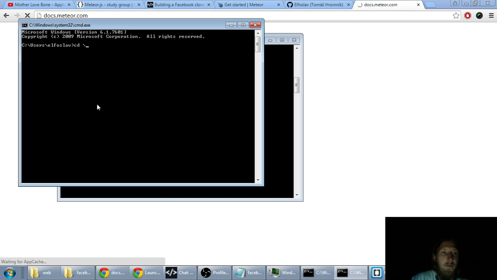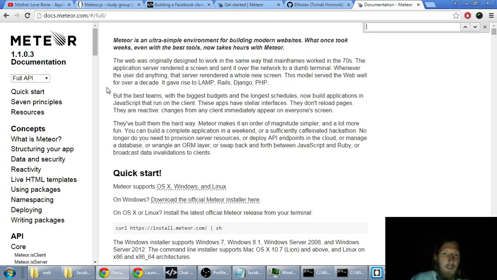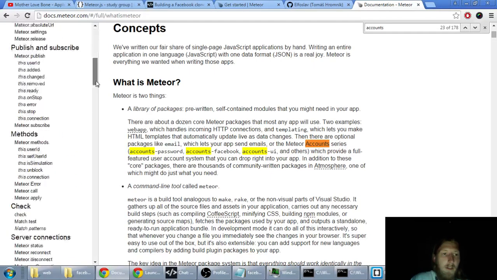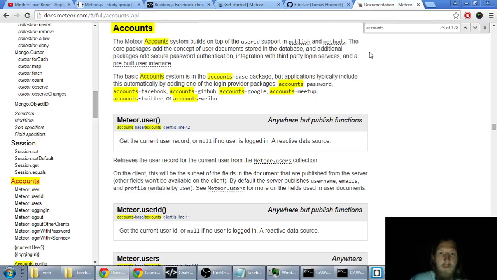Add accounts-ui is the first package. If you search for accounts in the Meteor documentation, you can see that Meteor